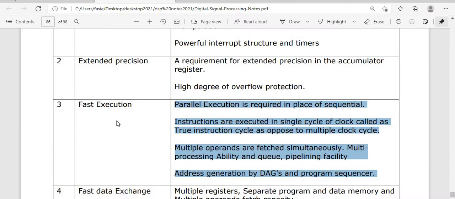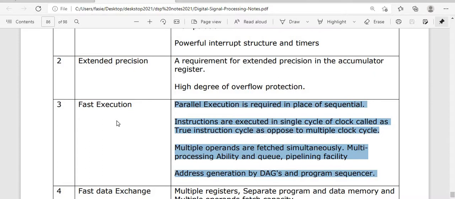If the answer I'm getting is in a single cycle, then I consider these as true instructions, and the cycles are opposed to multiple clock cycles. That means it does not use any kind of multiple cycle clock. It only performs the answer, and whatever instructions we have are in single cycle mode. Clear? So that's the point mentioned over here.